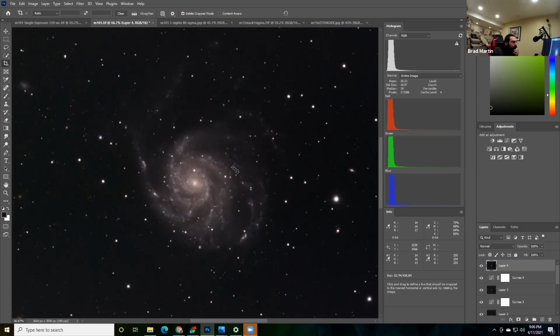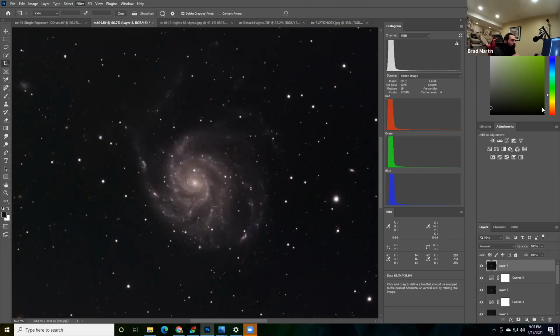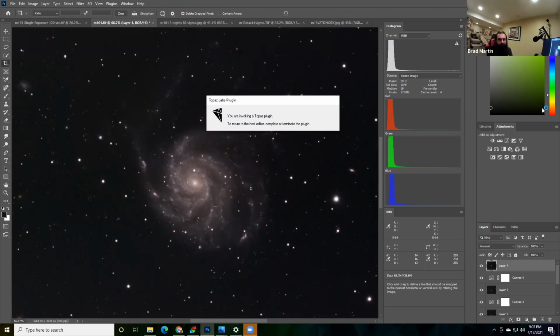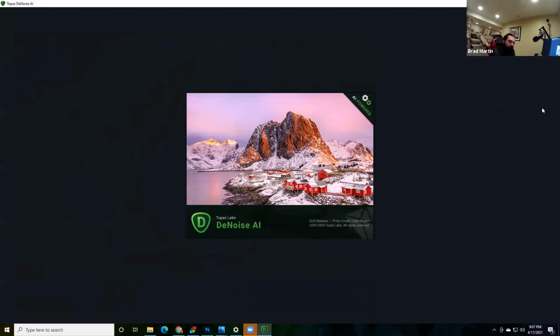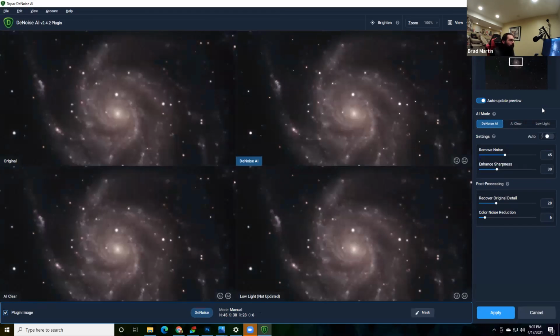And one of them is for removing noise. It's a program called Topaz Denoiser, and it's an AI driven program. I'm just going to go ahead and load it up here. If you have a video card on your computer that has tensor cores, like a GTX series video card from NVIDIA, it will actually use the AI cores in your video card to denoise your image. So the fact that I have that makes this do what it's doing a little bit faster than it would be if it was all just doing it over CPU.